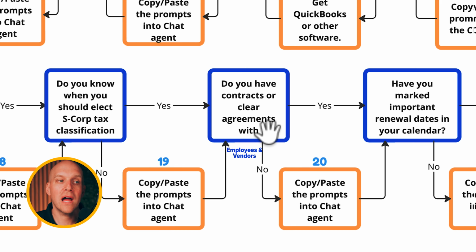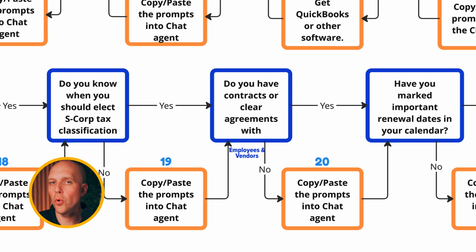But again, I had an employer who didn't know this and he ended up spending way too much on taxes because he wasn't taking advantage of the S Corp tax classification. Do you have contracts or clear agreements with your employees and vendors? Again, there's a copy paste here with ChatGPT, which is going to help you figure out what you need to do in that